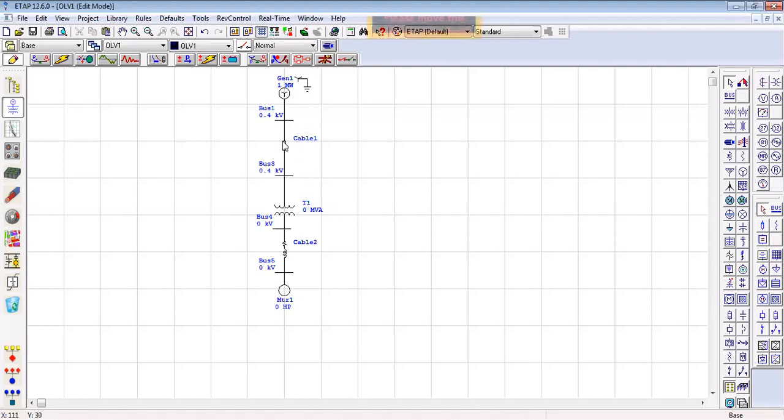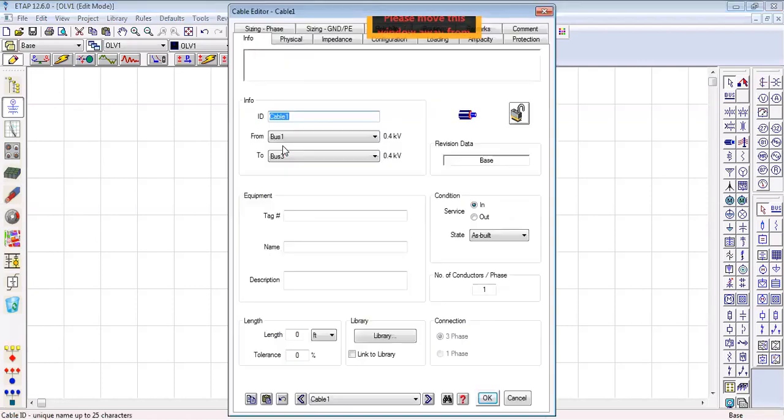Okay, and then comes this cable. Just double click this cable, and on the info page, I am changing the number of conductors to 2 conductors. I'm changing the length, because you have to mention the length of the cable, because now we want to create a somewhat actual system.